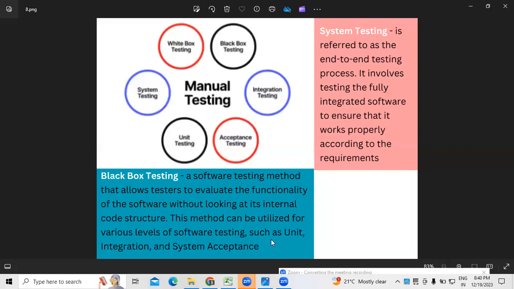Right. So this is where generally we have two different types of testing. One is manual testing: whatever manual operations we are performing, everything comes under the manual testing part. At the same time, when it comes to automation testing, we are majorly focusing on automation testing by using different tools